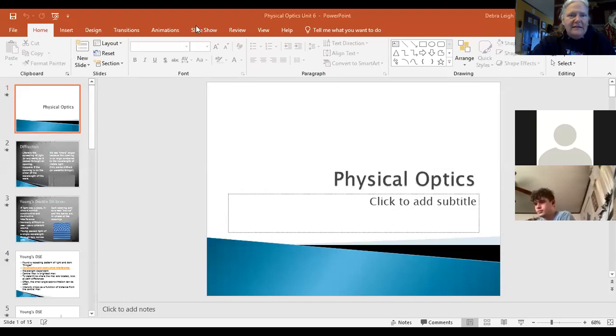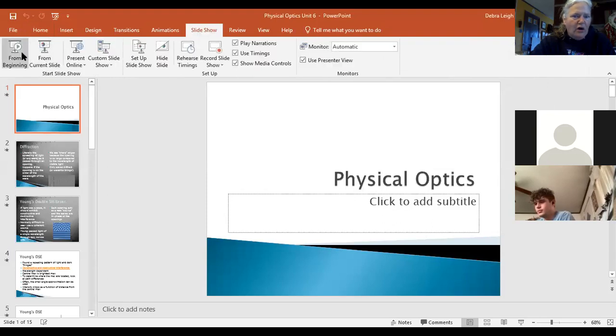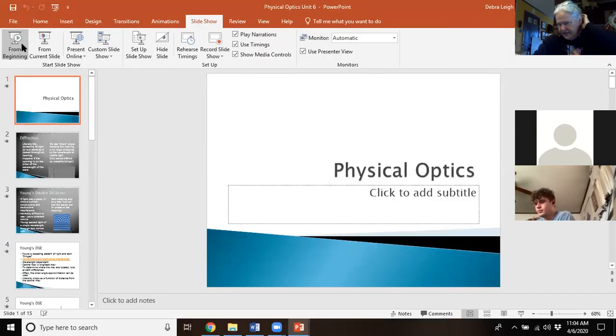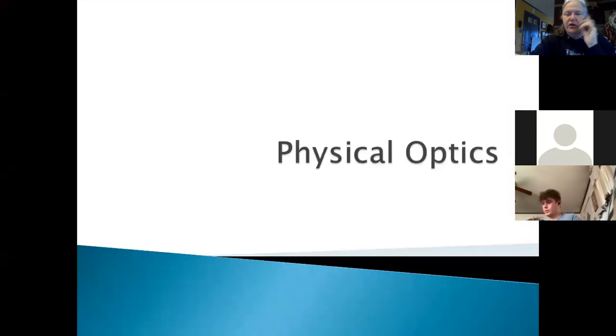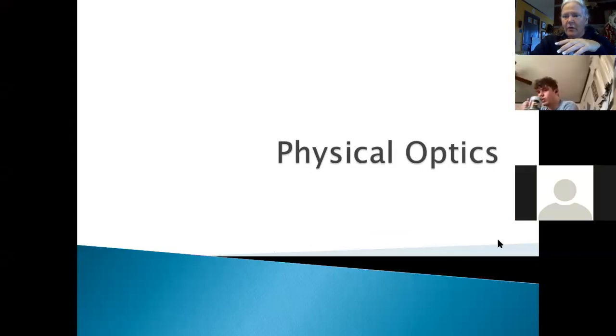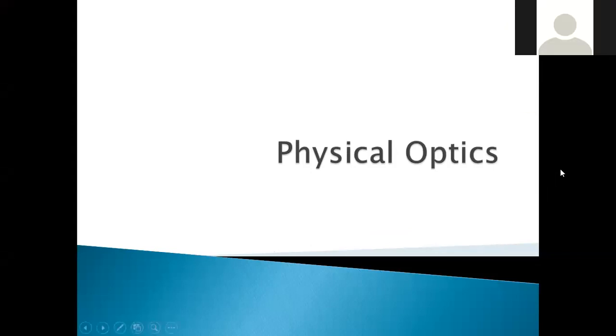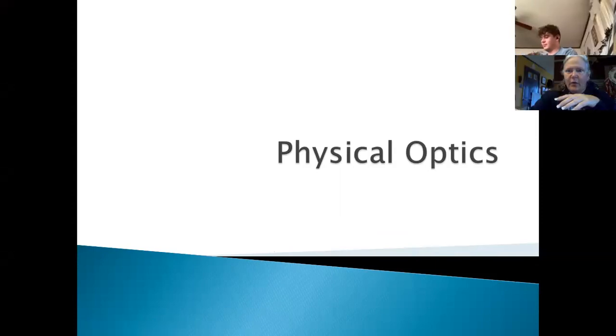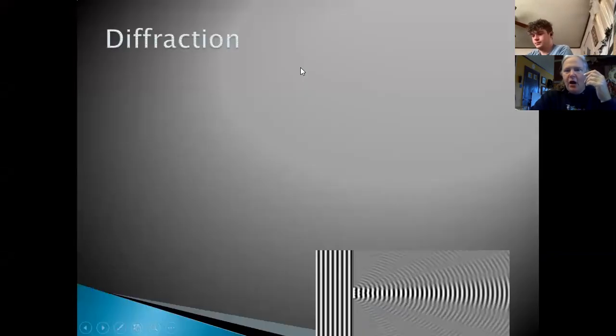We've talked about geometric optics. We've talked about how the eye works, and so now we're going to transition with physical optics into atomic and nuclear physics. So that will give us an idea of what the next step is. Okay. All right. So